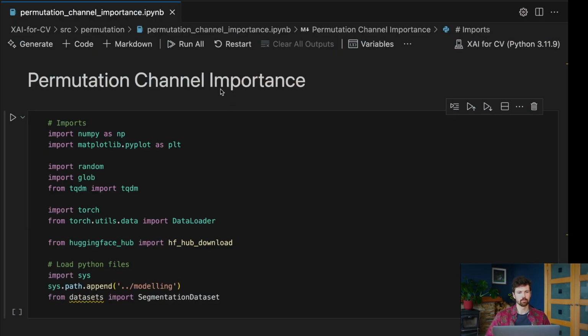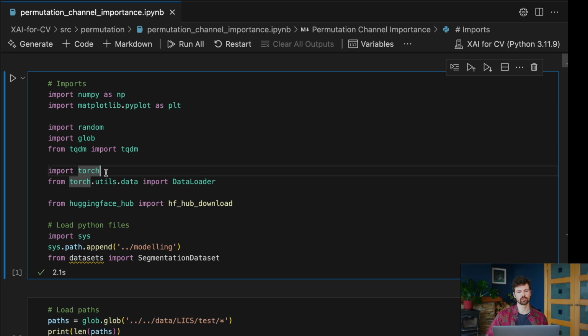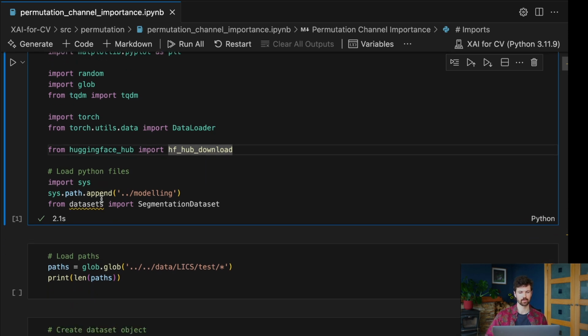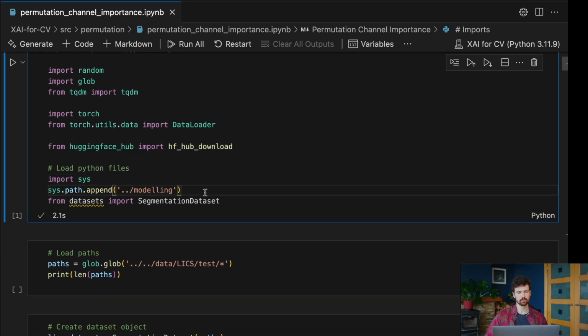Okay, so let's move to the notebook to take a closer look at the LICS dataset and the model that we are going to explain. Now, we are working in the Permutation Channel Importance notebook in the Permutation subdirectory. So we have our imports, and we have some pretty standard Python imports. We're working with PyTorch, so we import that package. We're also going to download our model directly from Hugging Face. And then in this last bit, we